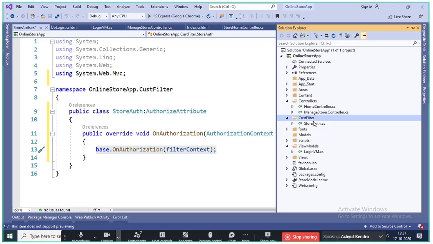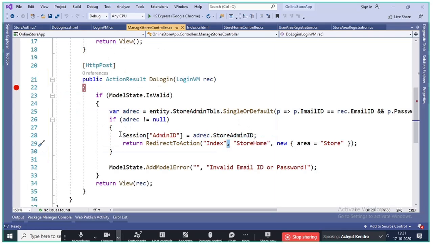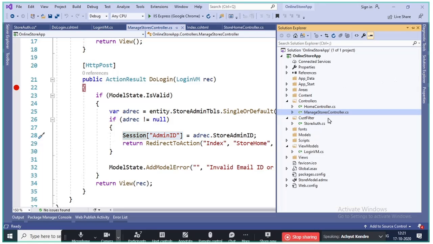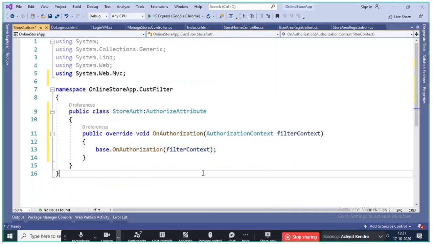Now if you look at the login code, what we had taken care of is that whenever a user gets logged in, we are creating one variable in a session. Now this admin ID variable will get created in a session only when the user is logged in. Only when the user is logged in. So I'll just copy this, and then in the store auth OnAuthorization,